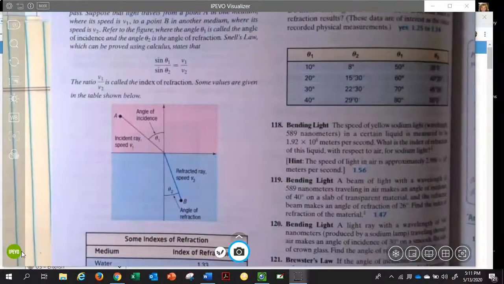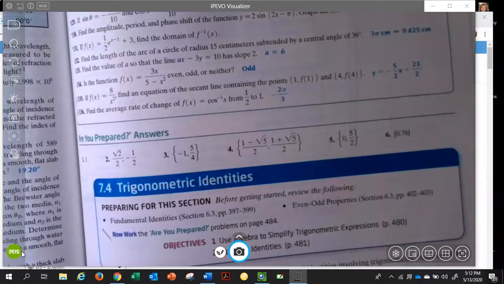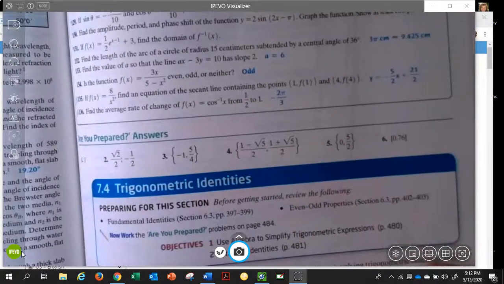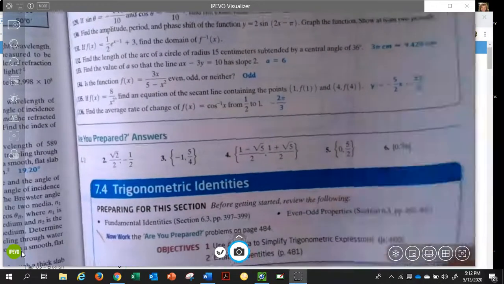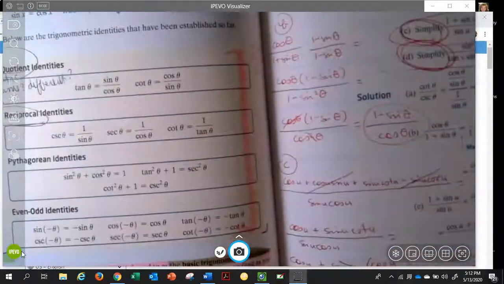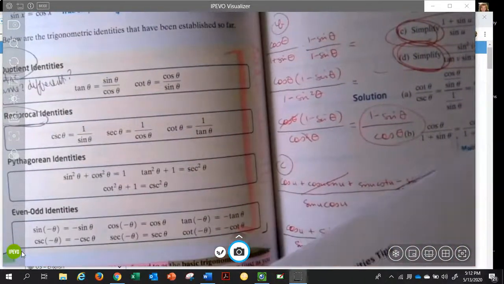We are now in section 7.4, and the title of section 7.4 is Trigonometric Identities. I know you've already listened to one of the author's videos. I want to jump in right here before we start the other part of his videos, and I want to